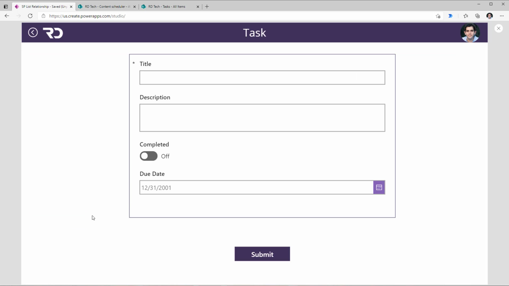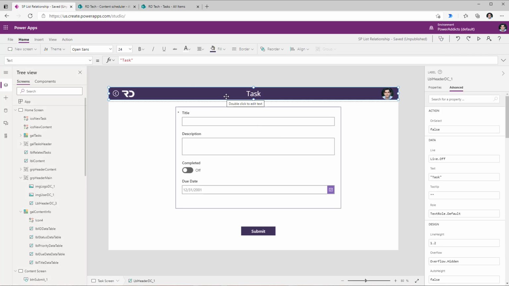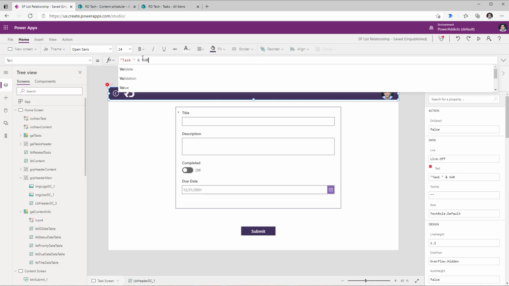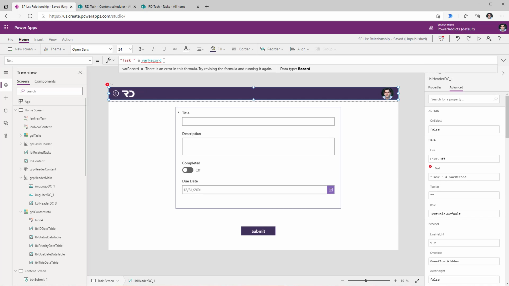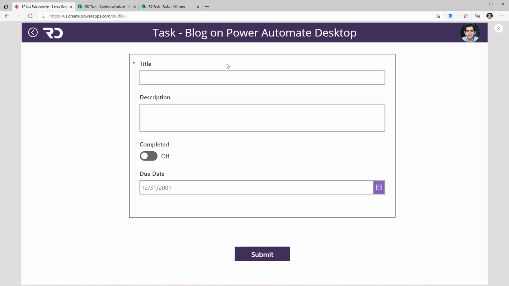Now when the user is adding a task, I'm trying to create a task about what? So what I could do here is, in the header of my screen, I can go ahead and append the title of that main task. Once again, I can grab that from that main variable record. So now if I go ahead and preview this, I can see that I'm trying to create a task on